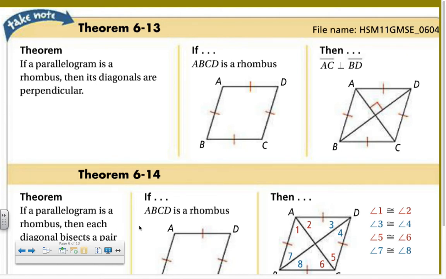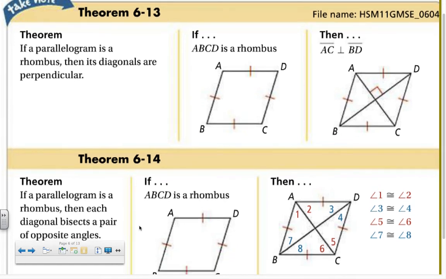We're going to add these 2 theorems to your purple sheets. The first one says, if a parallelogram is a rhombus, then its diagonals are perpendicular. So if we have all 4 sides congruent, then the diagonals, AC and DB, are going to be perpendicular, hit